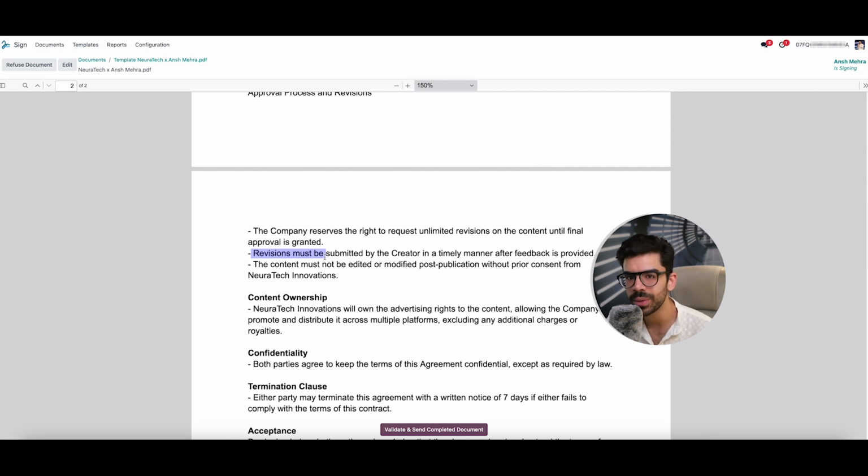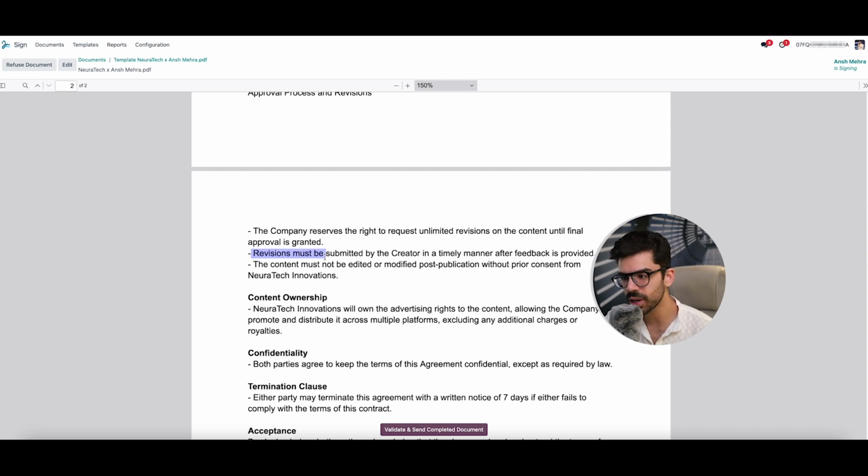And there are so many cases where brands and agencies would keep asking you to change things again and again because you have not mentioned these things. I have worked with brands who've made me edit my reel 13 to 14 times over a span of 20 days simply because I had not mentioned a specific revisions limit in my brand contract.